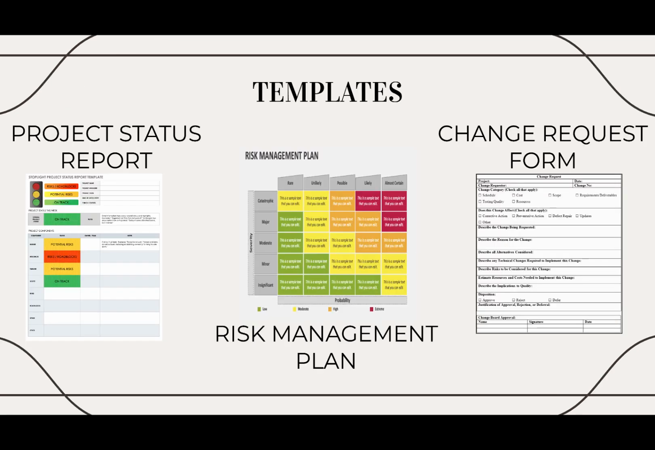In order to perform the roles of the monitoring and controlling process groups, this group will use several forms and documents to keep the project moving forward, like the project status report, the risk management plan, and the change request form. The project status report template is designed to provide a comprehensive snapshot of project progress, including completed tasks, upcoming milestones, and any issues or risks. Key sections include a project overview, progress summary, milestone status, risk and issue log, budget status, and next steps. This report should be regularly updated and shared with stakeholders to keep them informed of the project status, ensuring transparency